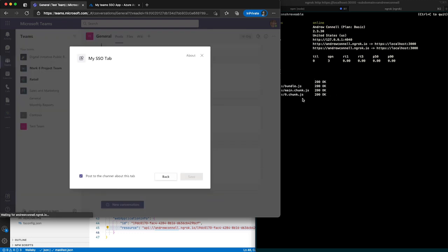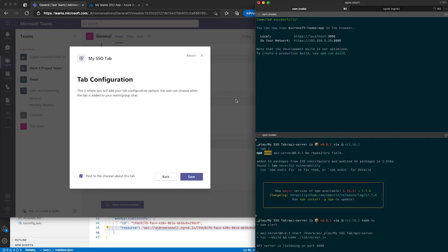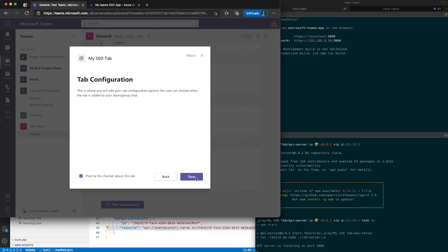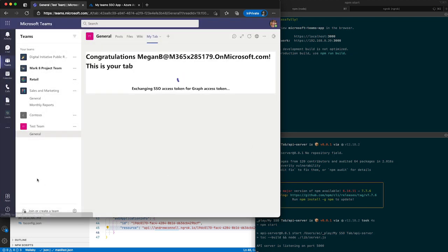And we can see some requests coming back over here on ngrok. We'll actually watch this on the main one because we'll leave ngrok running the whole time we're doing this demo. And here we can see a tab configuration page. We don't have any configuration information for it, so I'm just going to go ahead and click save. And what I should see is my new tab get added, and